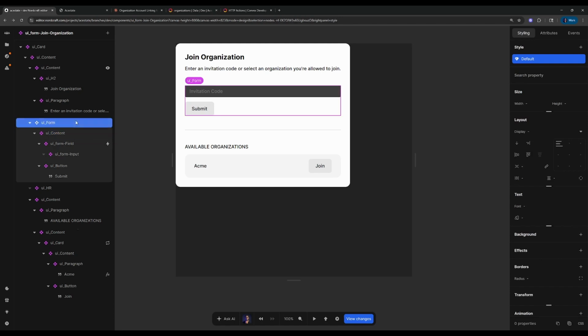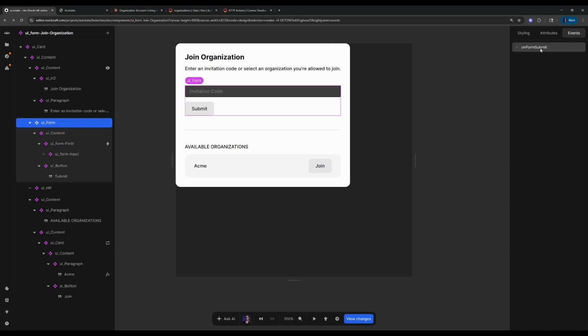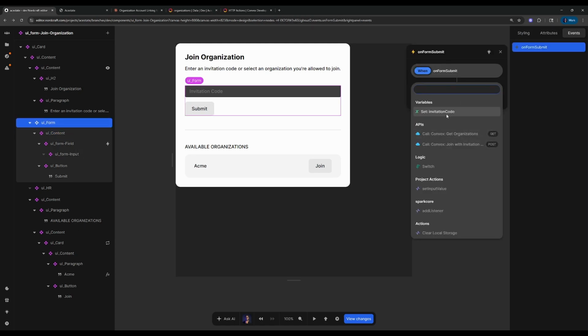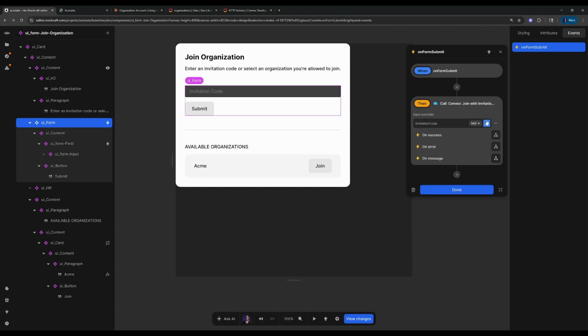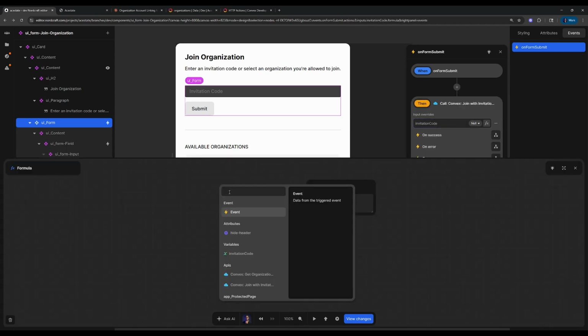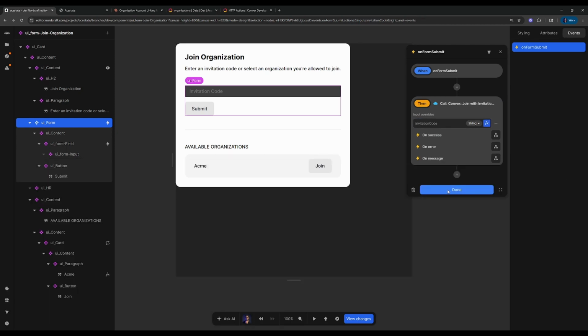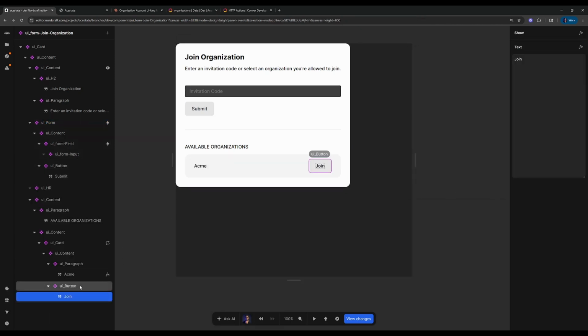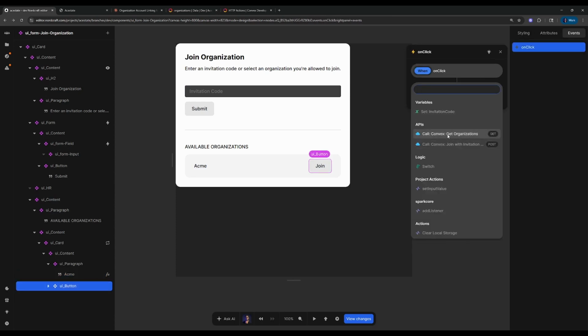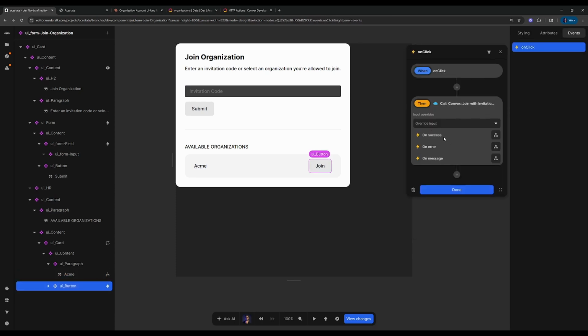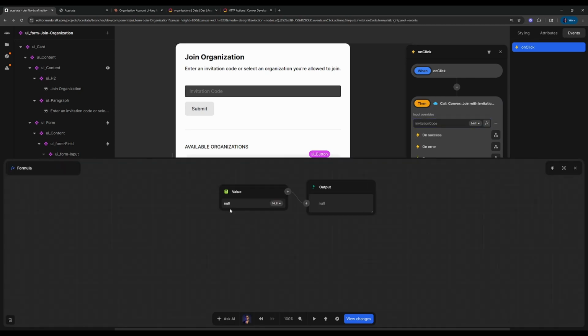So then if we do this submit, on form submit, we're going to do join with that. We're going to sync this to the variable. And then with this one, the button on click, we do the same thing. So join with that. And then the invitation code we should get from,